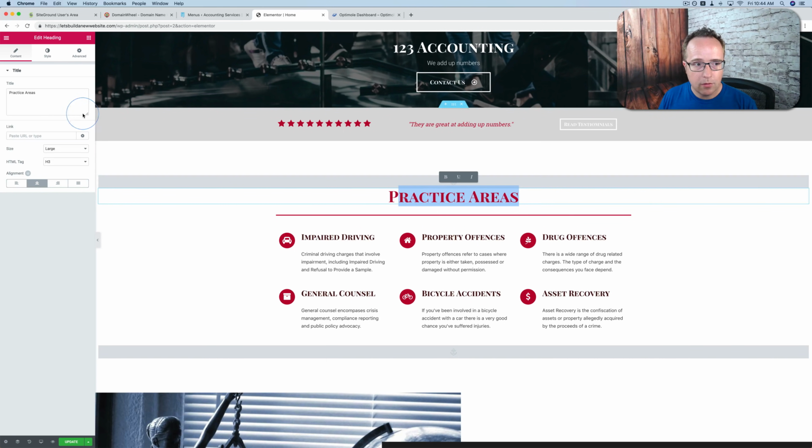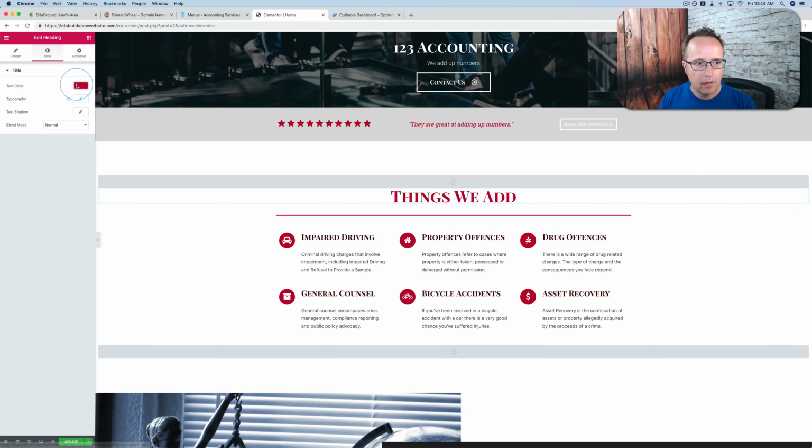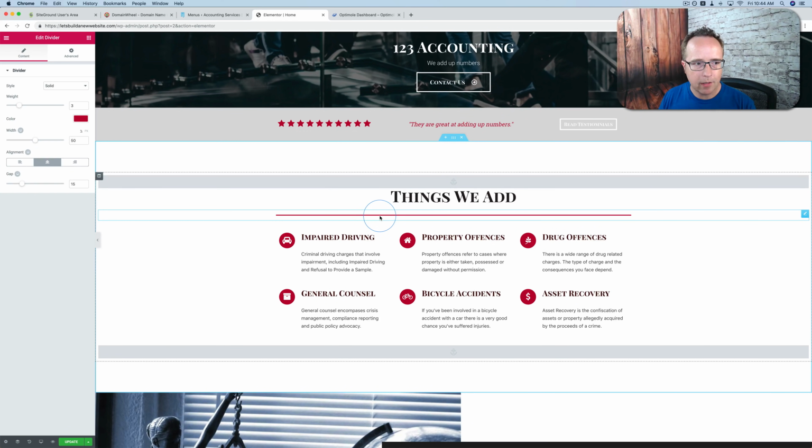Let's change this to things we add. I'm going to change the color of the font by going to Style and then Color. Choose a darker gray. Now this divider here, if you click on that, you can change the divider